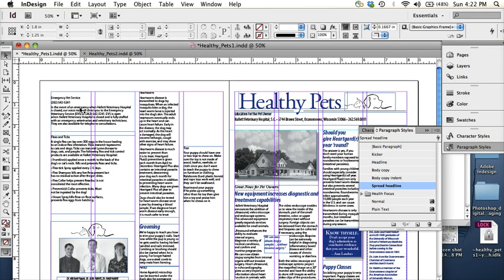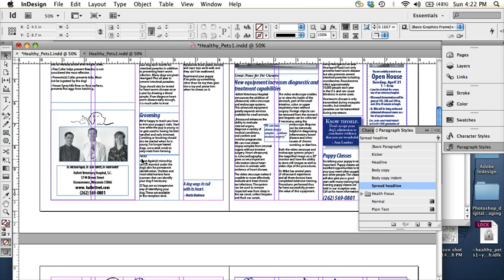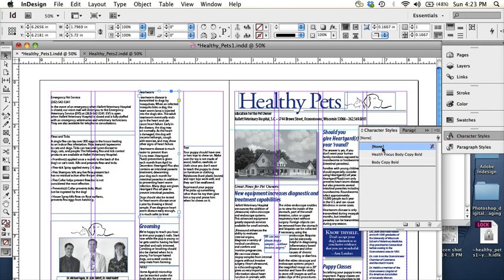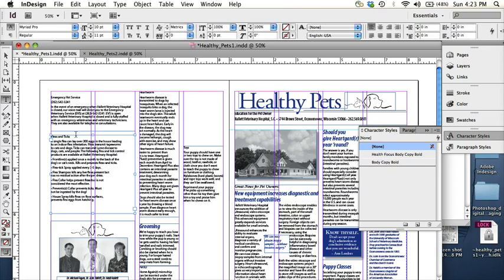Okay, so now I placed all the articles: emergency vet service, fleas and ticks, heartworm, toys, and pet ID. And I changed all the formatting so that it's all body copy. So every one of these is body copy now, and I made sure that none of the character styles are applied yet. Now I go in and change the headlines to the headline option,